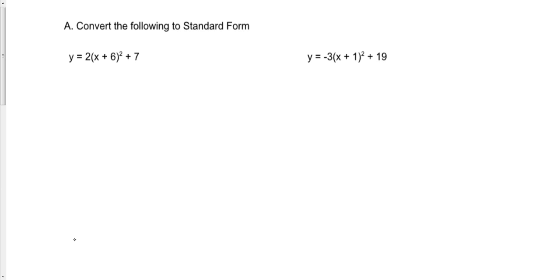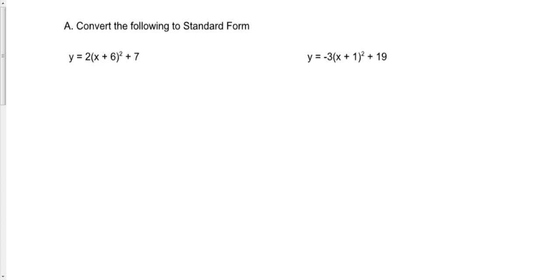I'm going to do two more examples here of converting from vertex form into standard form. These ones are a little bit more complicated than the first one that I did, but just by adding in one extra feature. Again, you'll notice here that for this first example on the left-hand side, we have a perfect square. We've got x plus 6 all squared, and we can expand that out in order to turn this into standard